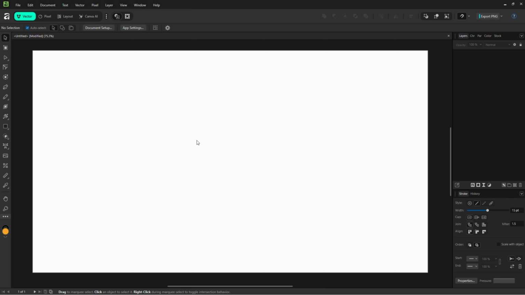Hi everyone. If you want to slice a shape or cut an outline in Affinity, you're going to use the